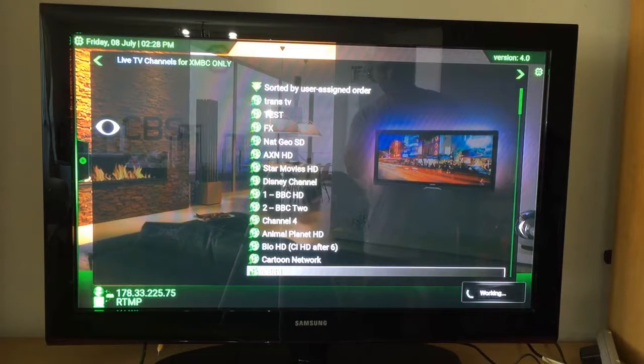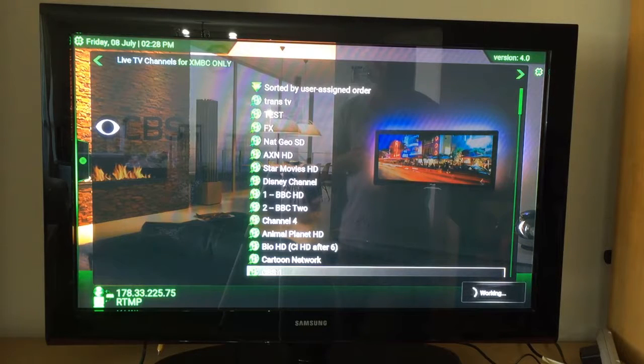You see that circular thing spinning there on the bottom right corner of the screen? Just let it stop so that you can go back to operating your remote control. This one is a little bit annoying,